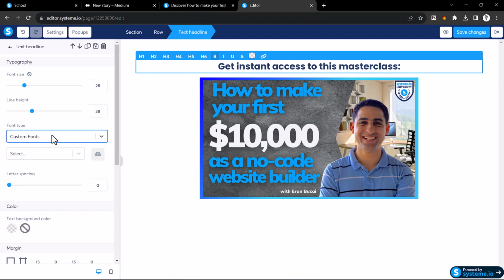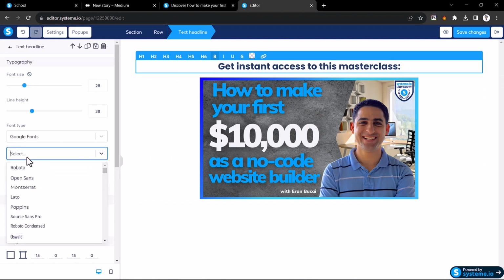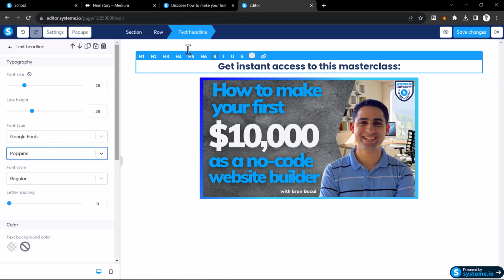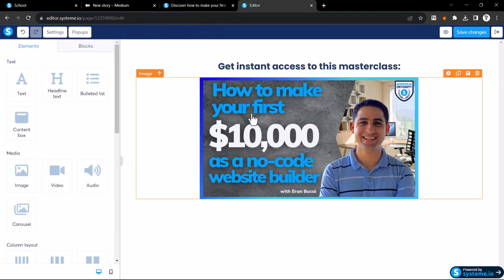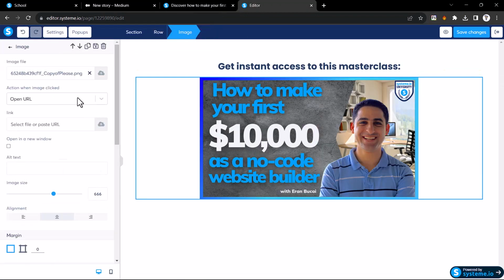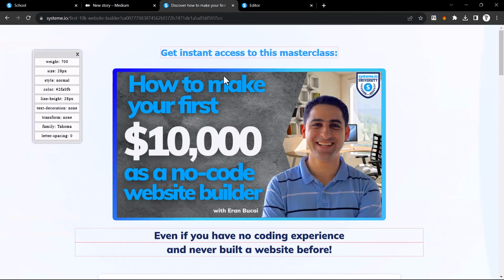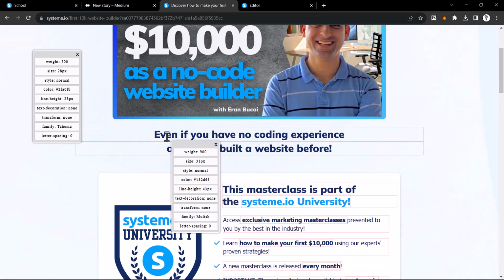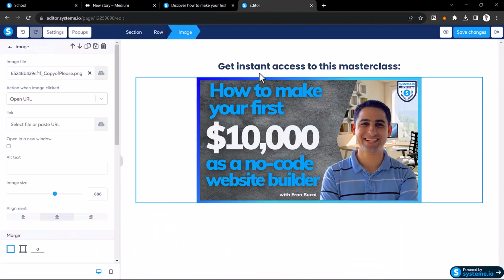But I will not download that font, we will use another font. So let's use Poppins. This one is available, so Poppins is fine. And now we will increase the size of this image a little bit larger, just a little bit. This is fine. Now we have this text, so just copy the text, come over here, then we will just